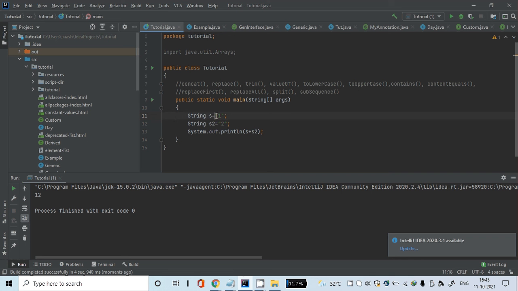But here it is enclosed in double quotes. That means this 1 becomes a string, and similarly this 2 is enclosed in double quotes, so that also becomes a string, right? Because of this, when I write s + s2 it becomes 1 2. In a similar manner, if I change the content of s2 to 234, then the output is going to be 1 2 3 4. So concat is basically for